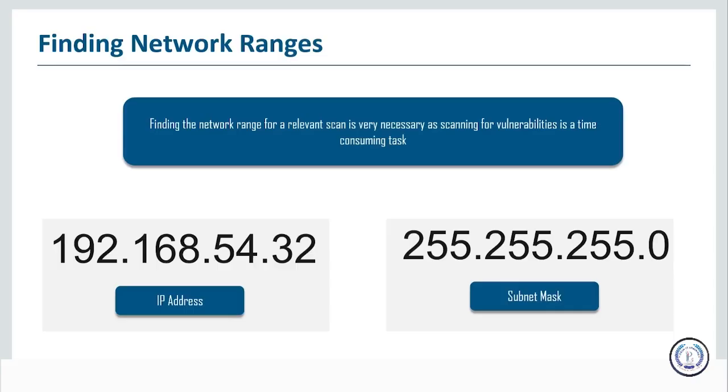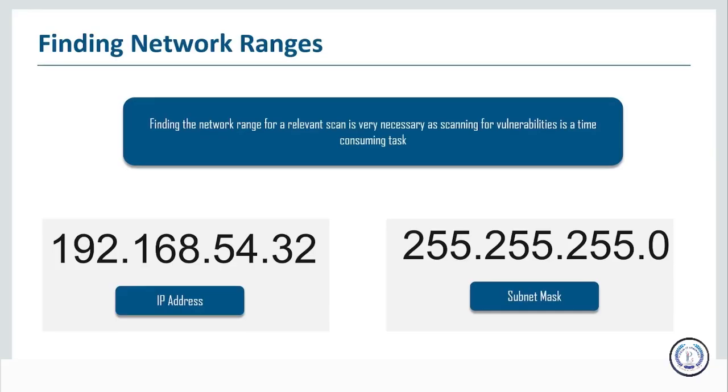Okay, so now let's talk about how we are going to be finding network ranges. So suppose you've got an engagement and you only know the domain name and you don't know much beyond that, and you're expected to figure out where everything is and what everything is. So how do you go about doing that? Well, you use some of the tools that we either have been talking about or will soon be talking about in more detail. And the first thing I'm going to do is use the domain name edureka.co, and I'm going to look up edureka.co and see if I get an IP address back.